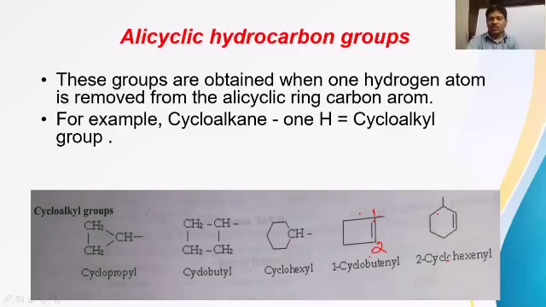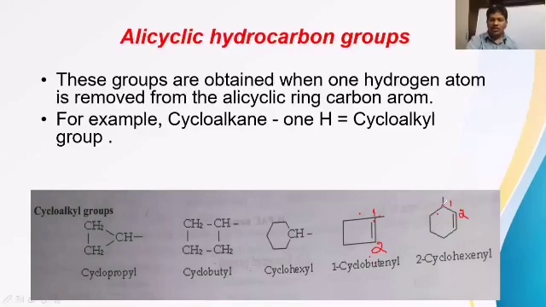Cyclohexenyl, we have to say. So in this case, what we have to understand is that wherever the free bond is there, from this carbon we have removed one hydrogen. So it should be given the first position. It is the first carbon. And this is the second carbon. Why is it to be taken as second carbon? Because the double bond is there, so the double bond should be allotted the lowest possible number.